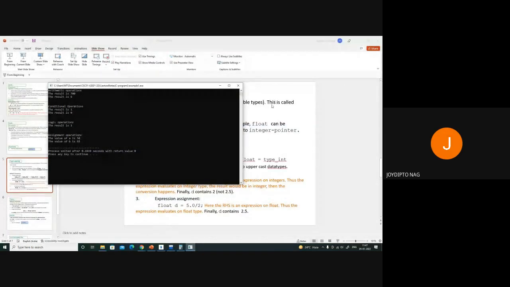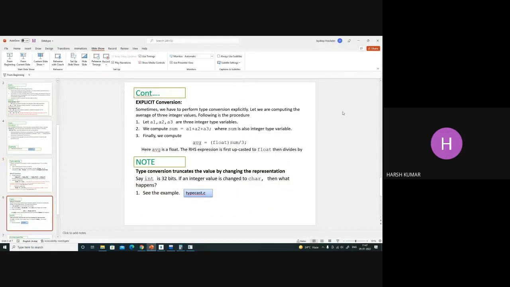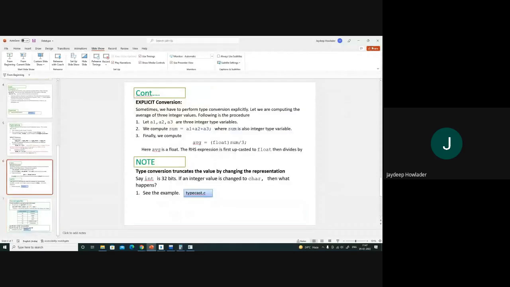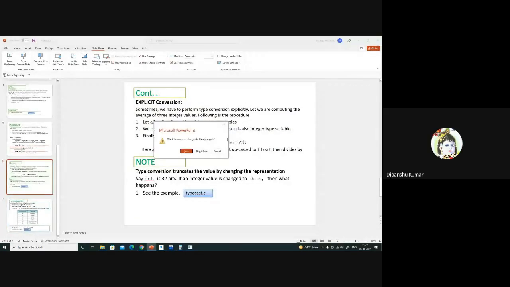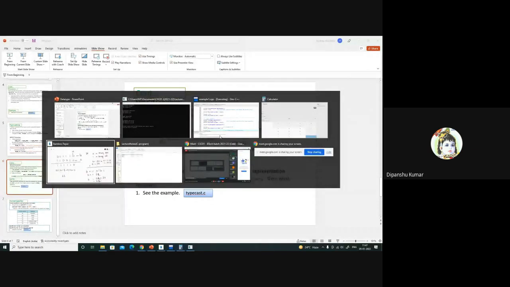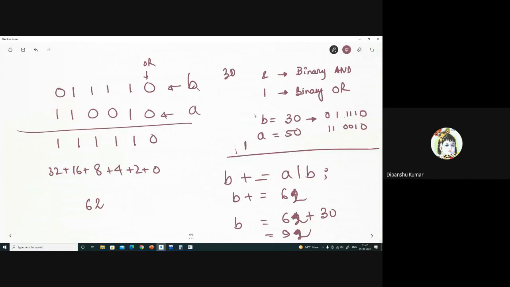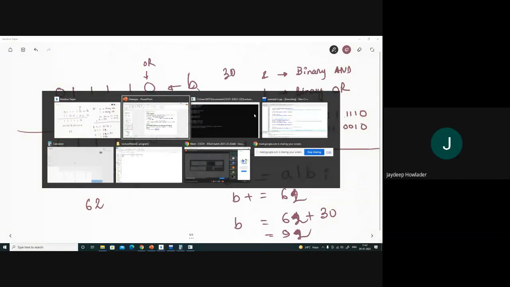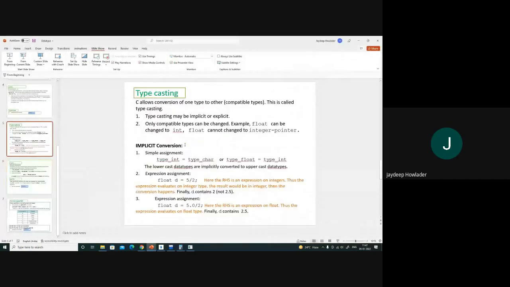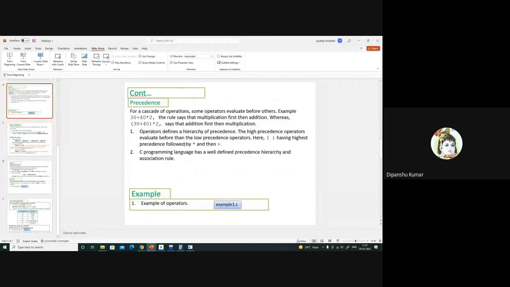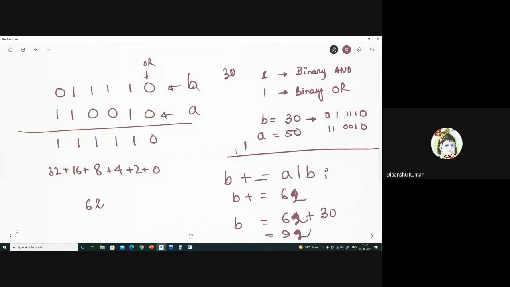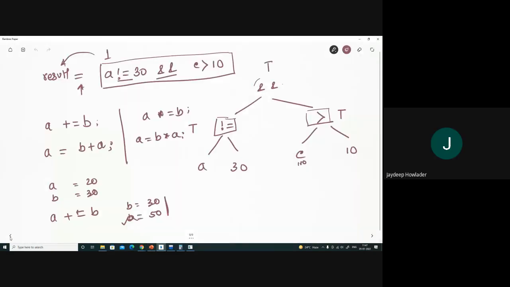Sir, can we leave if we don't have any doubts? Yes, you can leave. Sir, please show the written notes, the previous pages, sir.